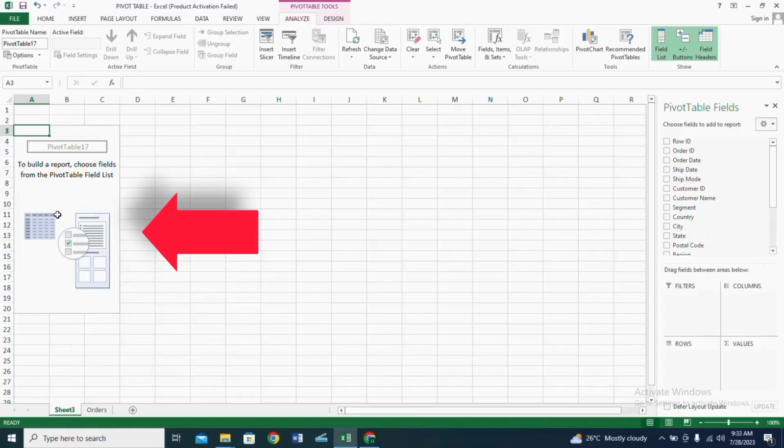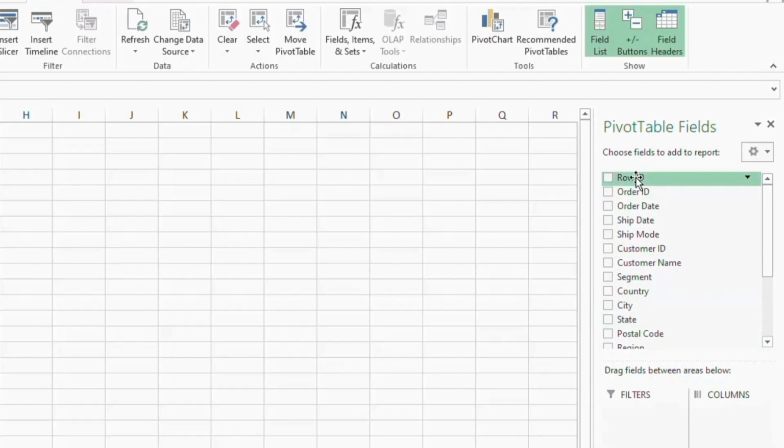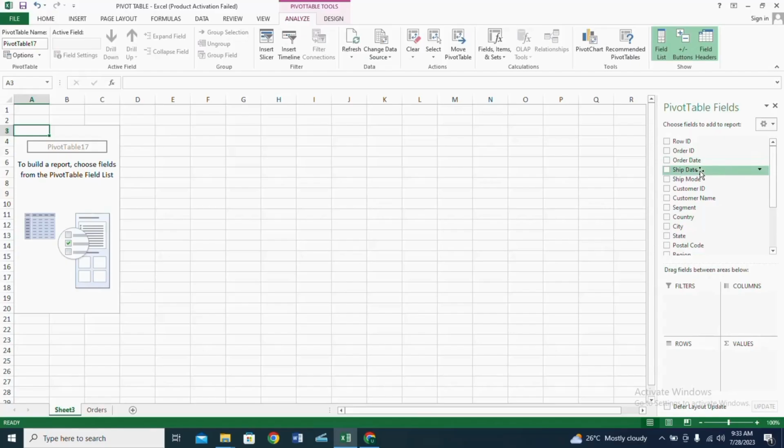This area here is where the report you want to build will appear. And this field list, if you look closely, are the same list of headers we had in our Excel table. And these are the items we would use to build our report. So to start building your report, just select any header you want to get insight from.